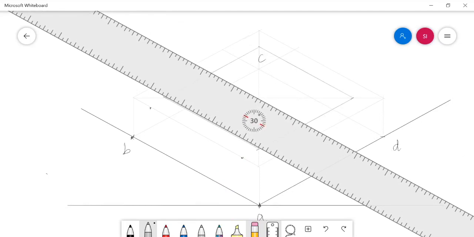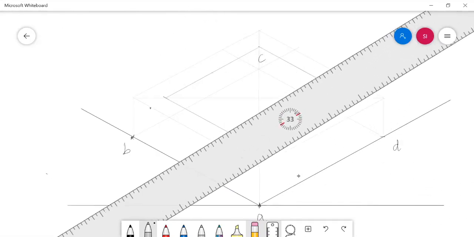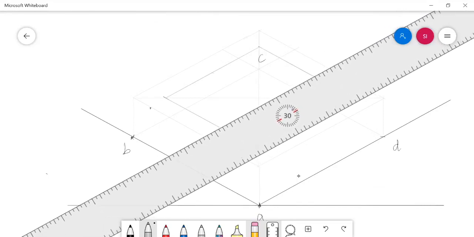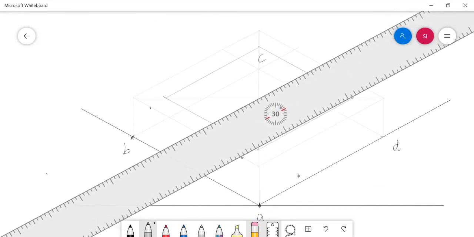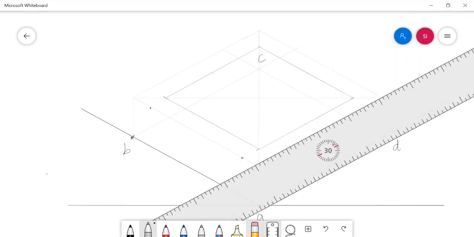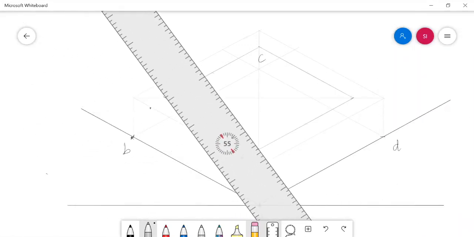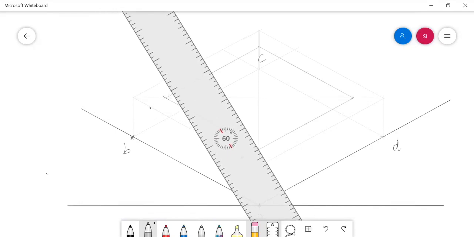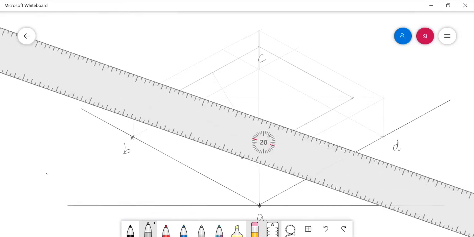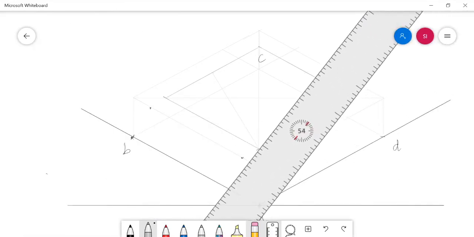For that, first I need to mark the centers of all 4 sides here. And then I needed to bring out the remaining 2 centers.